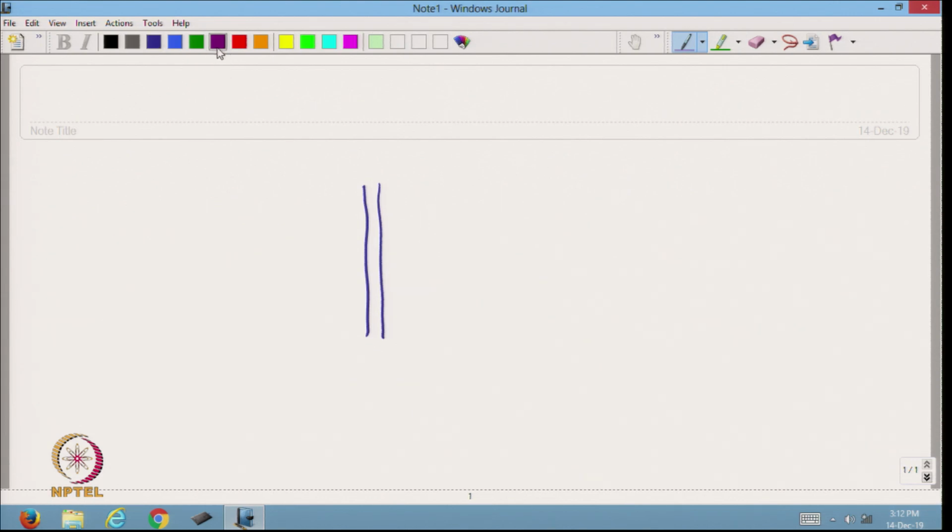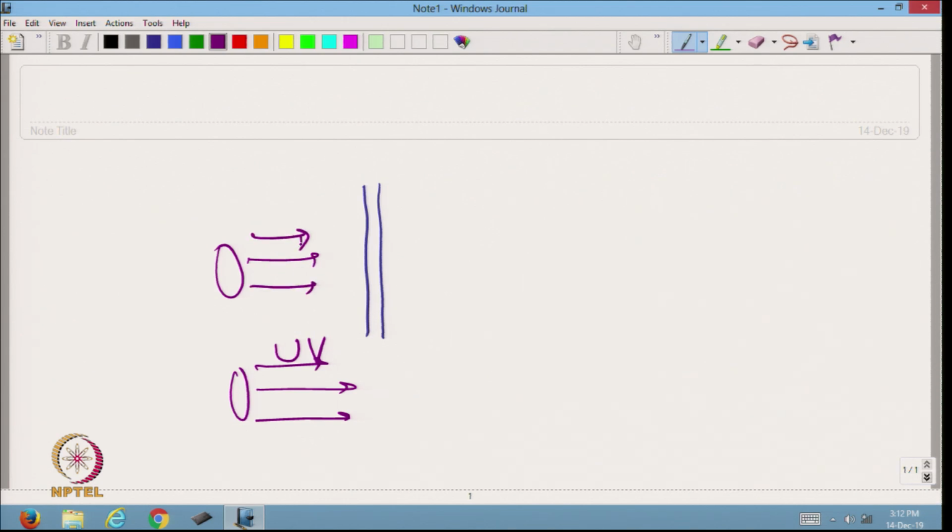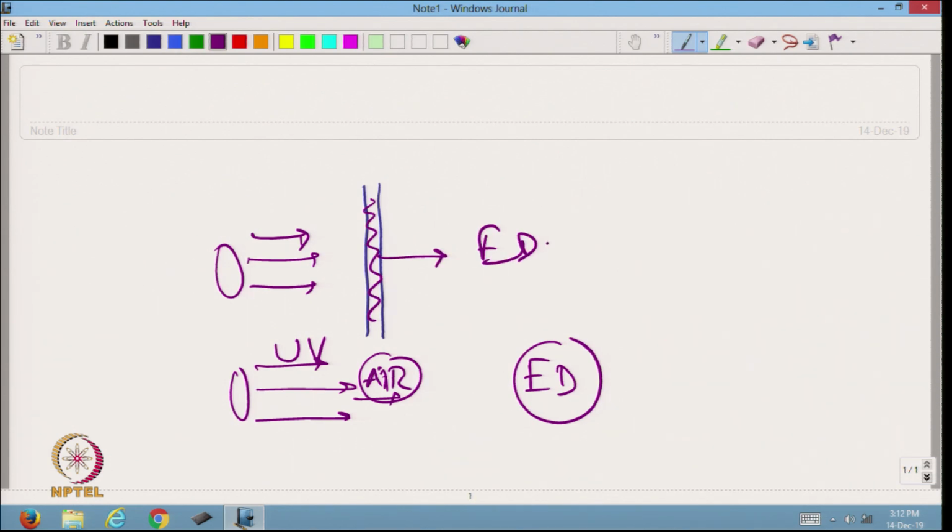Suppose UV radiation is coming, here also UV radiation. Without fabric, through air, it is coming ED,